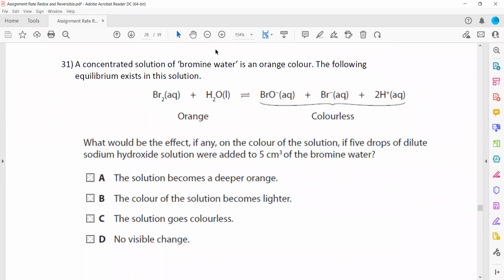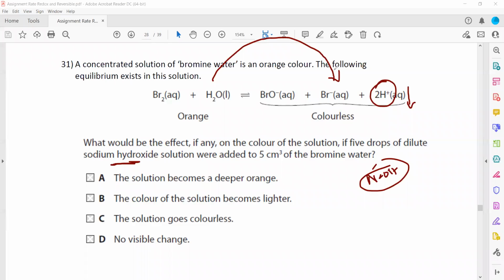A concentrated solution of bromine water is orange. Which of the following equilibria exists in the solution? So what would be the effect if we add sodium hydroxide? If we add sodium hydroxide, we have to check which reagent it reacts with. Sodium hydroxide is a base, so it will react with acid. The amount of hydrogen ions decreases, so the equilibrium will shift towards the right hand side. But it's a reversible reaction,